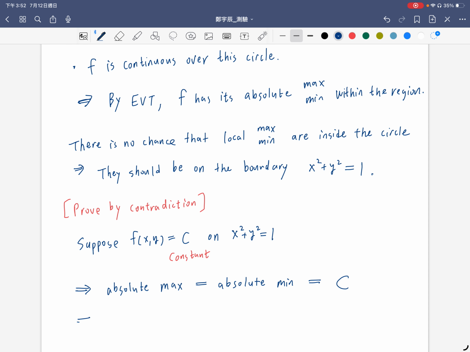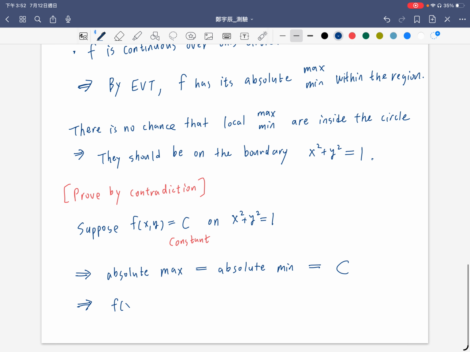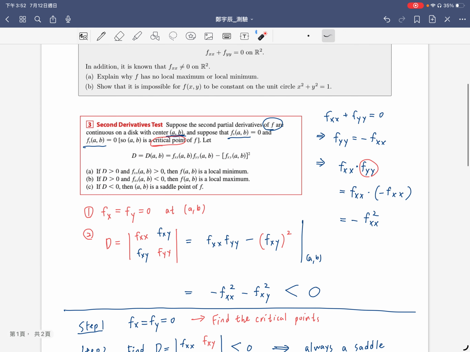That means f of x, y equals a constant c on the whole region x squared plus y squared smaller than 1, because c is the only value that can appear in the range. However, this contradicts the assumption,